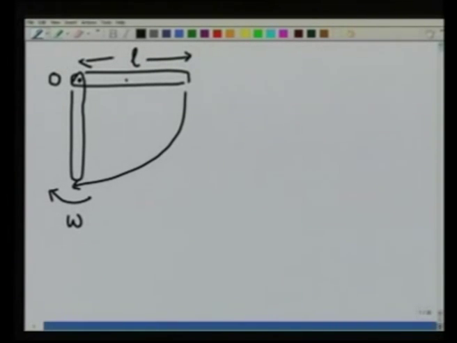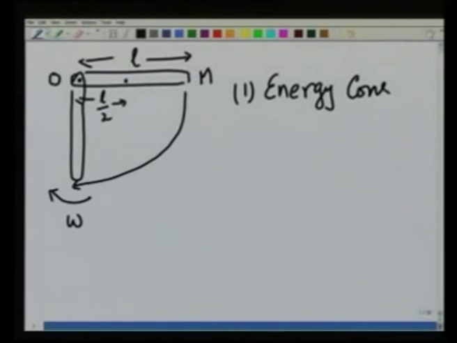so that its center of mass is at L by 2 if it is a uniform scale. Let its mass be m. So, first let me apply energy conservation right away. When the scale falls, its center of mass drops down by a height of L by 2. So, the energy gained